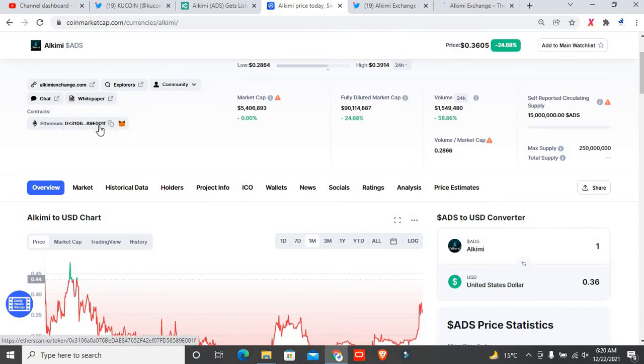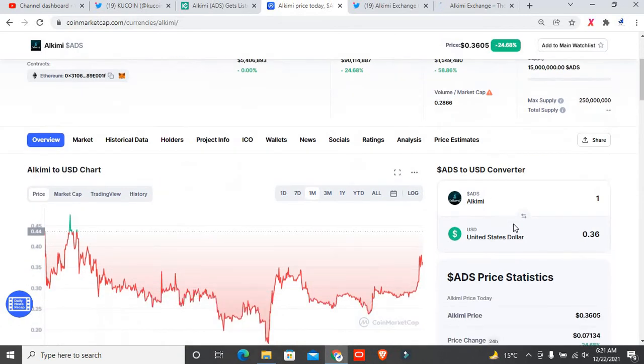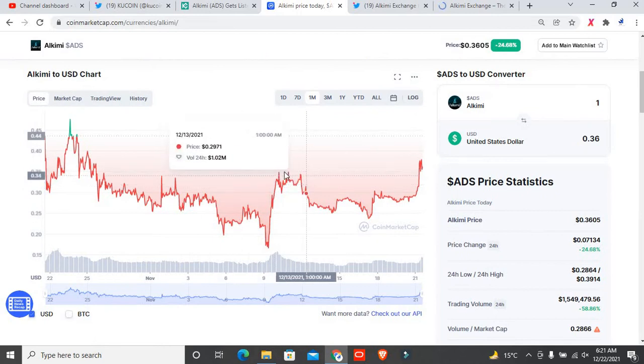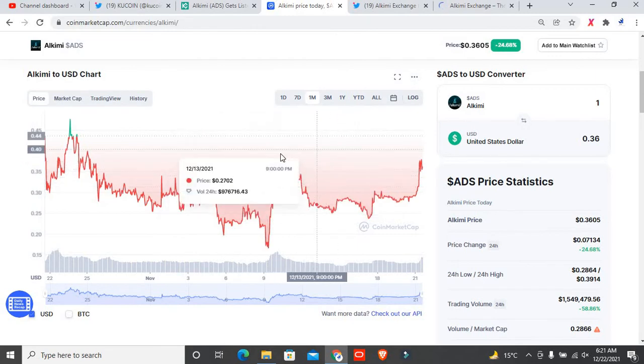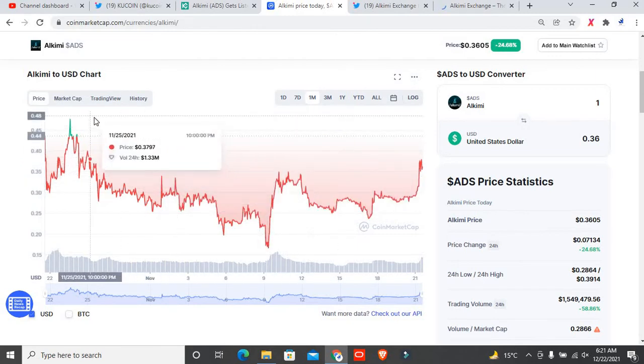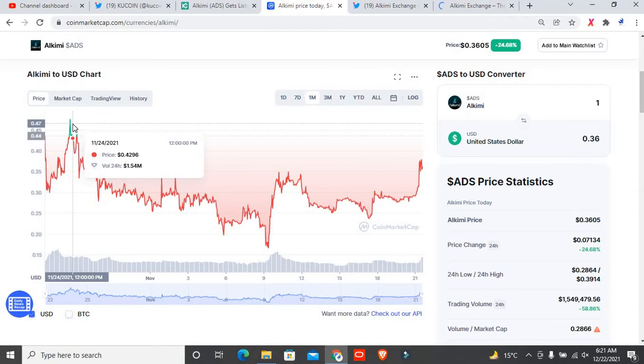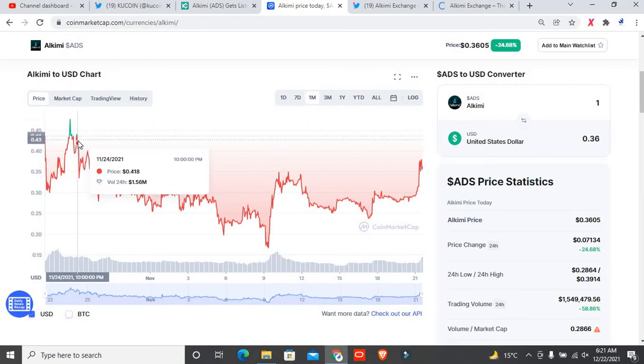This is the main contract, as I already told you, it works on ERC20. Right here I want to give you some detail about this. You can see this is the trading line of this project. Looking at the trading line, we expect from this project that tomorrow it will easily touch 0.4296, and if you want to place some targets, I will give you in this video.